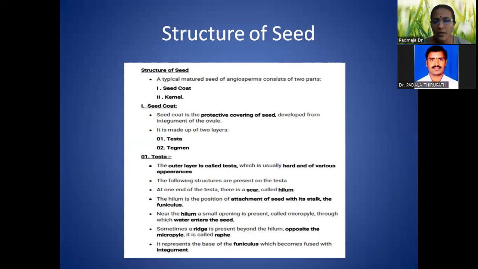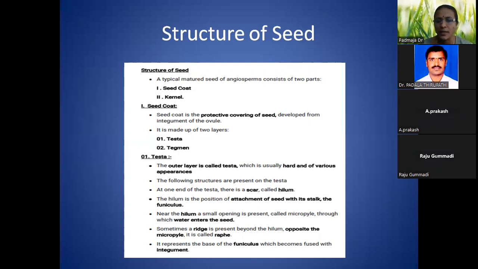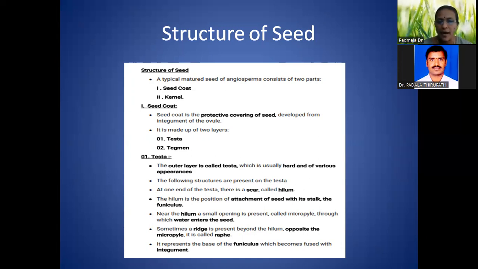Testa, the outer layer, is usually hard and varied in appearance, and the following structures are present on the testa. At one end of the testa, there is a scar called the hilum, and the hilum is the position of attachment of the seed with its stalk. It is called the funicle, and this hilum is present at the side of the funicle. Near the hilum, a small opening is present called the micropyle. This is the opening of the ovule, through which